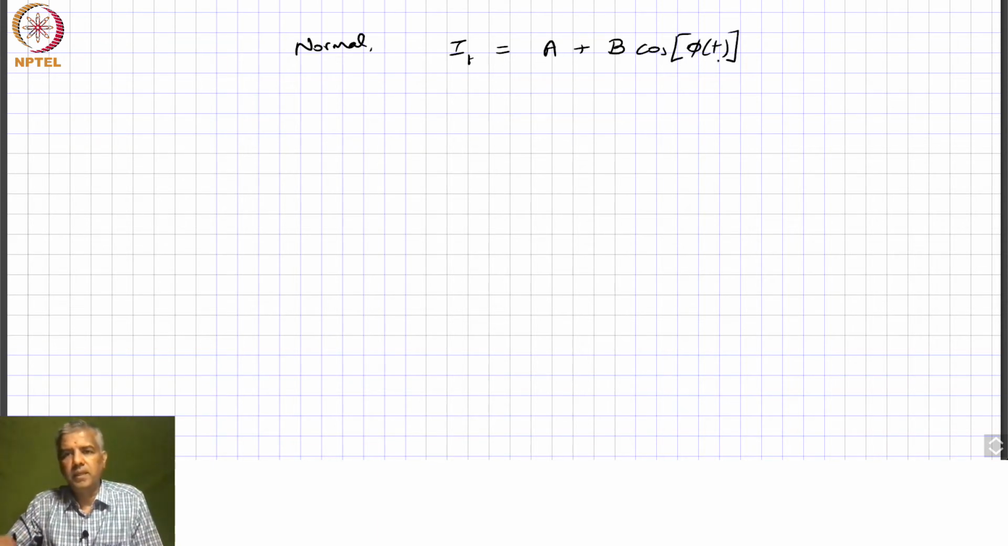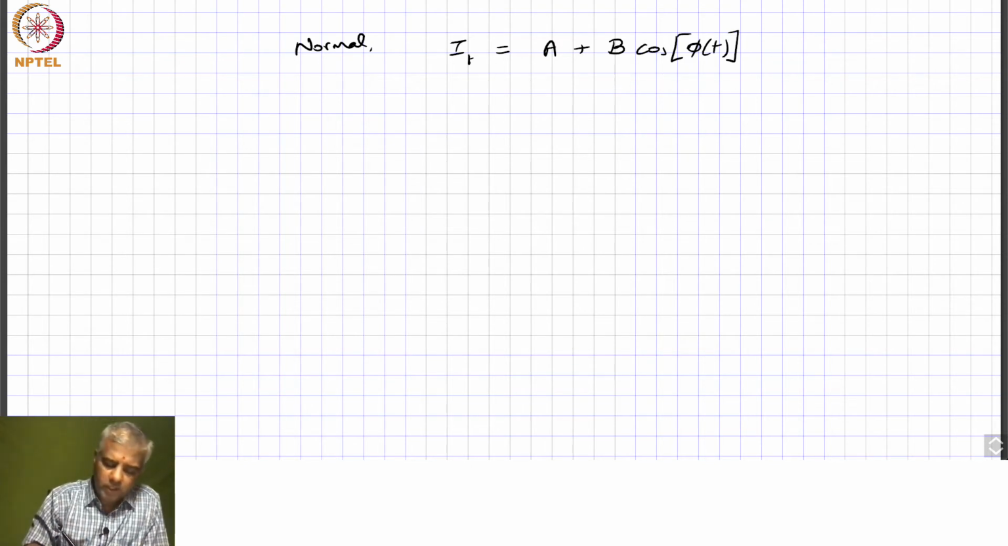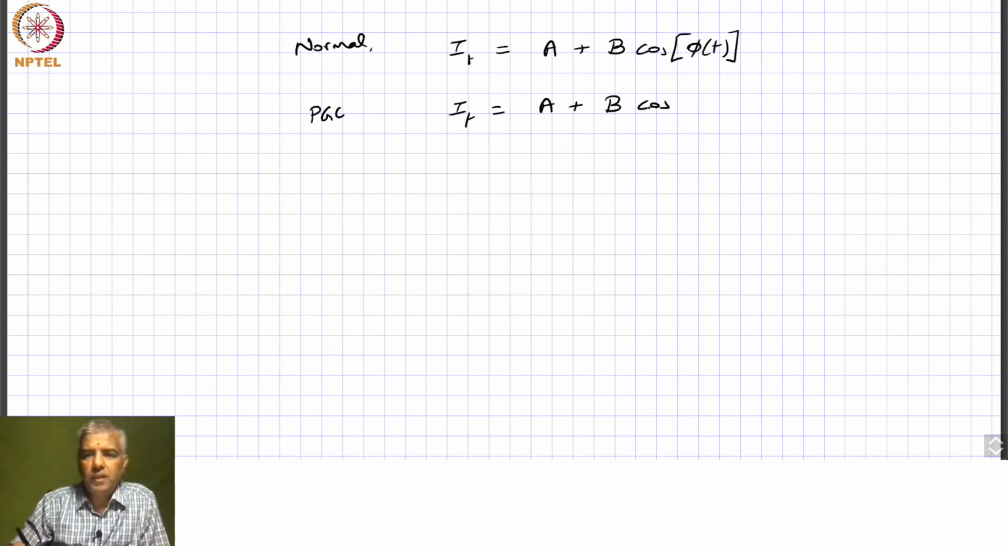That's the kind of signal that you are trying to pick up. But like I said, there are problems with picking up this signal because this is once again corrupted by noise, and more so near the baseband. So, what we are doing in the phase generated carrier method is you have A plus B cos of